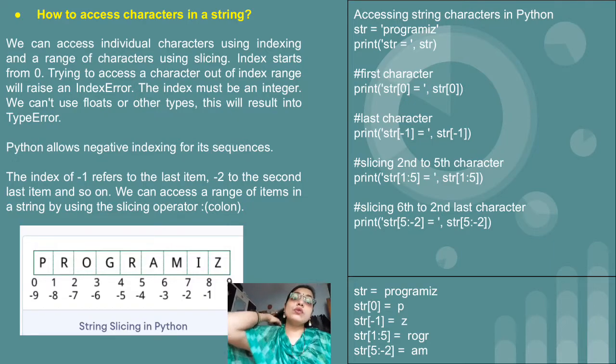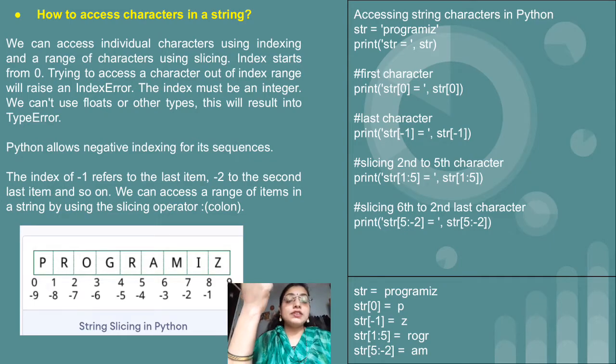After that, if you want to display the last character, then you can have two options, that is you can write str[8] or you can make use of str[-1]. So -1 represents the last character of the string. So with the help of index -1, we can display the last character of our string.